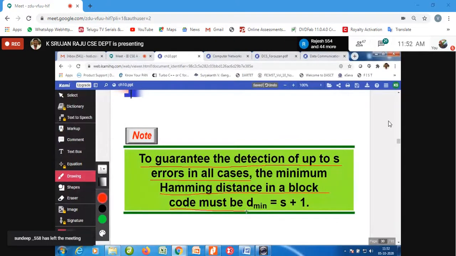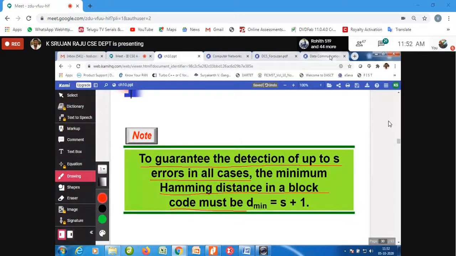Friends, please try to understand. If you want to detect errors correctly in all cases, then the minimum Hamming distance in block coding must be d min equal to s plus 1.